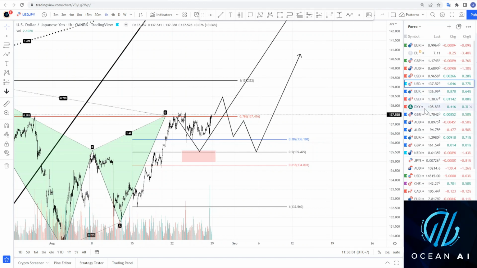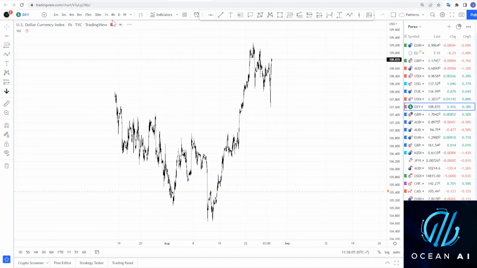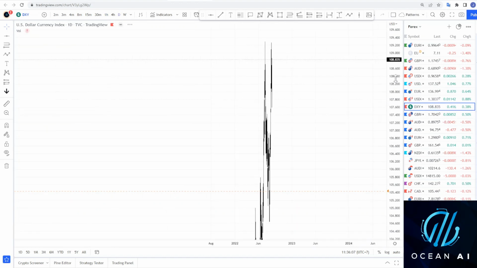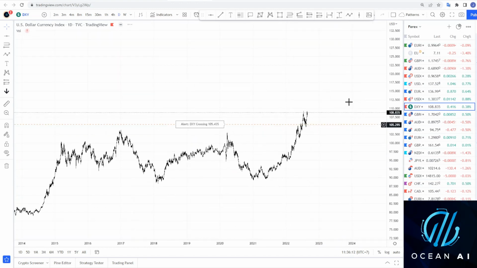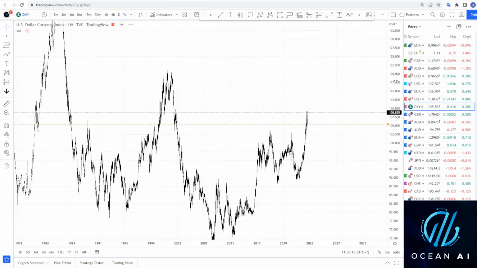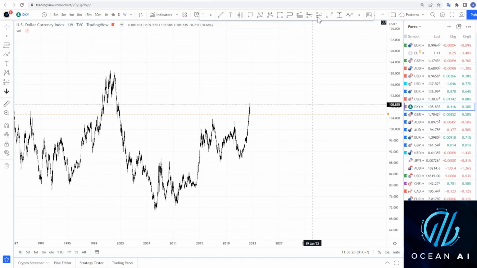What else we got? We'll have a look at the dollar. That's the one that just keeps on ripping. So we've got the long term on the dollar. I don't know if I've got it on here. Same as the dollar yen, pretty much. We've got that long term